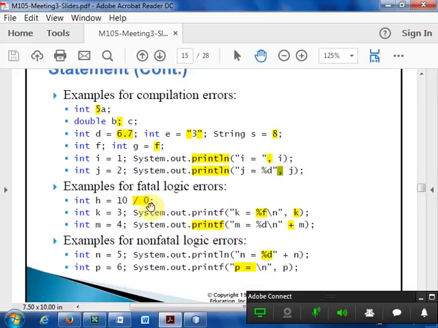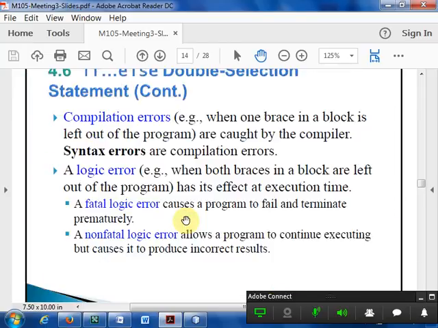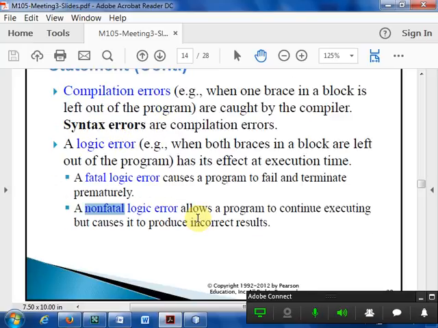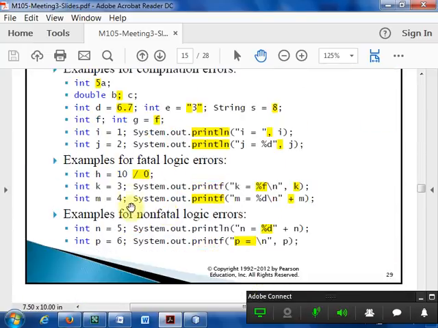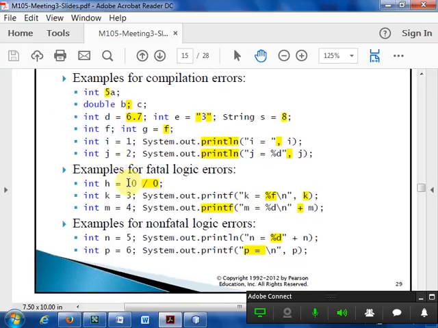These are compilation errors. Logical errors, there are two kinds, fatal and non-fatal. Logical errors come at the time of running, sorry, when you run the program. In a running program, there are fatal errors. Fatal will cause the program to fail and terminate prematurely. And non-fatal will run completely but give you some different output, some wrong output. For example, here we will see some examples. For example, fatal errors, division by 0,